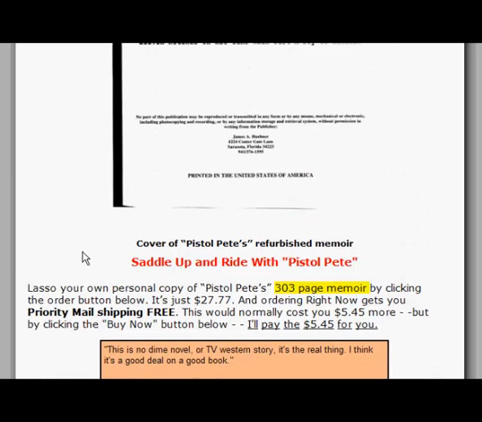Now here, this is a kind of hard bump into actually telling me what the price is right away. Even though $27 is not a ton of money, you still want to build as much value as possible before you present the price. So before you present the price, indicate the amount of time, hours and effort it took you to refurbish this memoir. Indicate the amount of money that people are willing to spend for this kind of product,